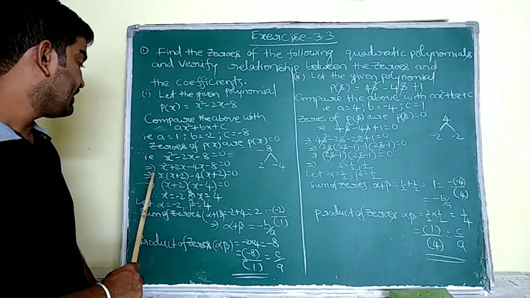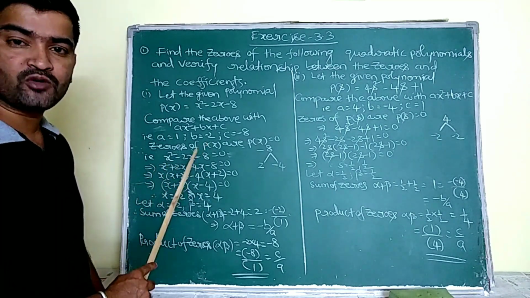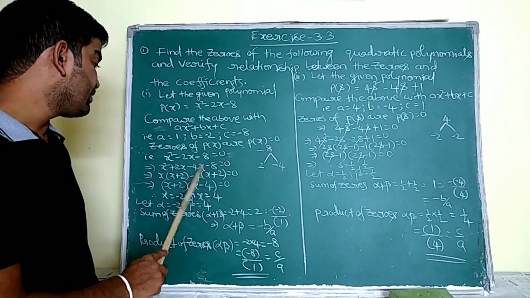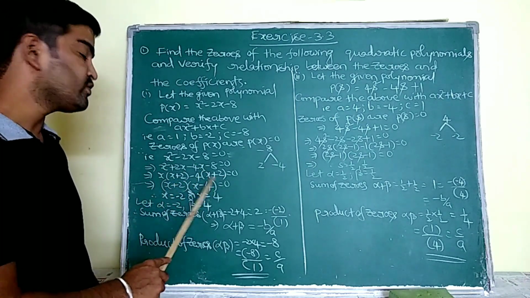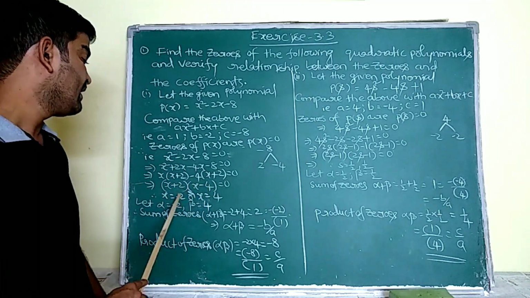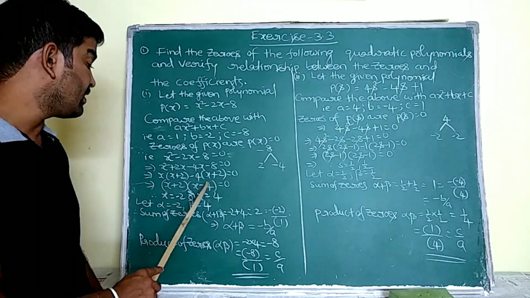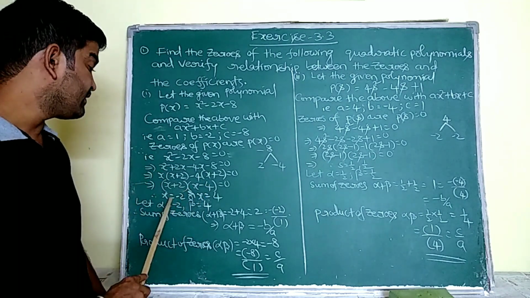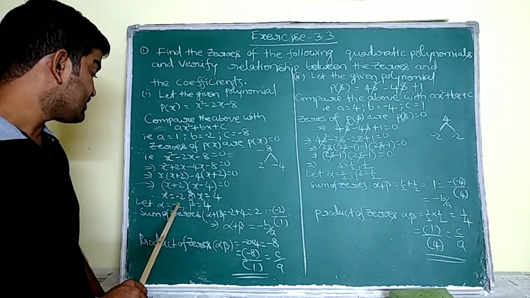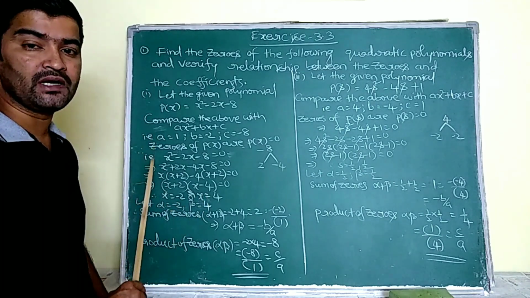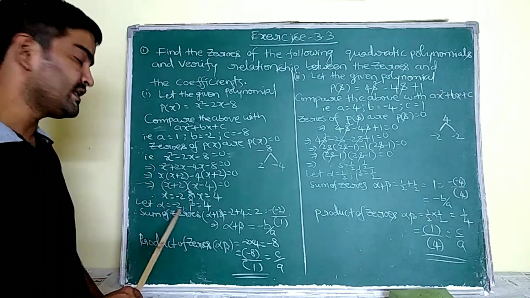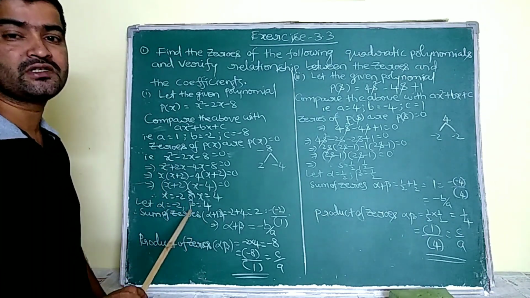From the first two terms, if I take out x as common, then x into (x + 2) minus 4 into (x + 2). In these two terms, now I have (x + 2) as common, so (x + 2) into (x - 4). That is why x is equal to -2 or x is equal to 4. Out of these two values, one is taken as alpha, another as beta. So let alpha is equal to -2, beta is equal to 4. Therefore, these are the zeros. Now we are going to check the relationship between the zeros and coefficients.